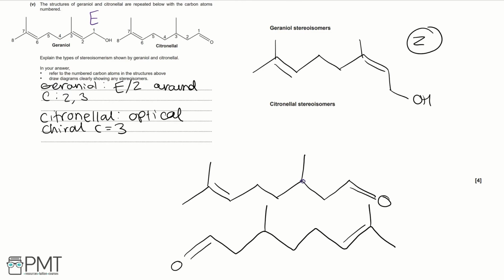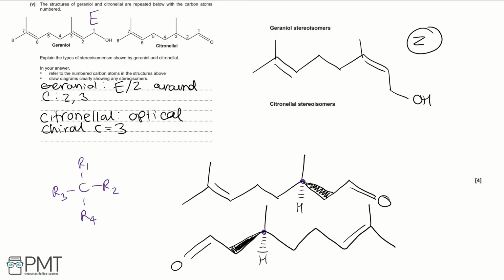So optical isomerism is around carbon number 3. We're going to use a solid wedge leading to the aldehyde group on both sides of the mirror image, and then we're going to have a dotted wedge to show our hydrogen, which is one of our different R groups around carbon number 3, which makes it a chiral carbon. A chiral carbon is a carbon with 4 different functional groups attached. So carbon number 3 is a chiral carbon. So here we've now shown the optical isomerism or the